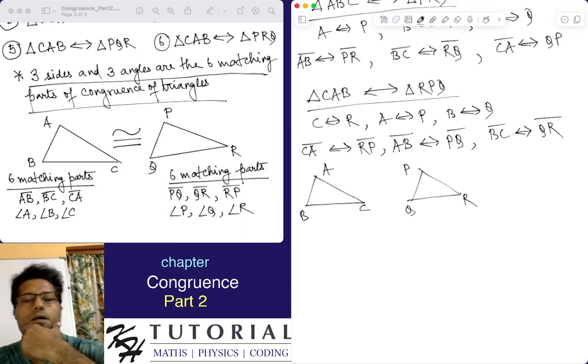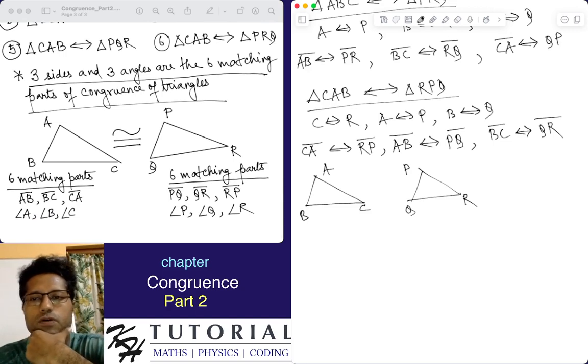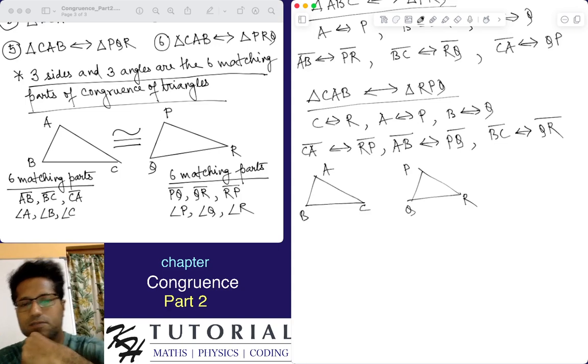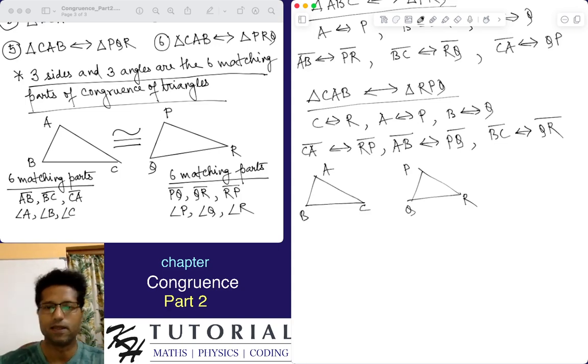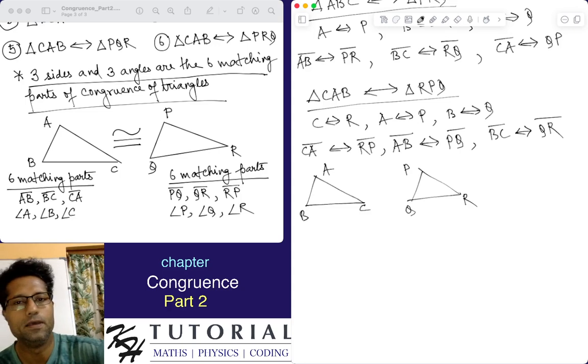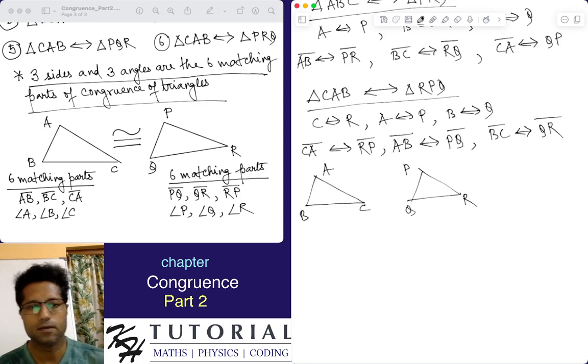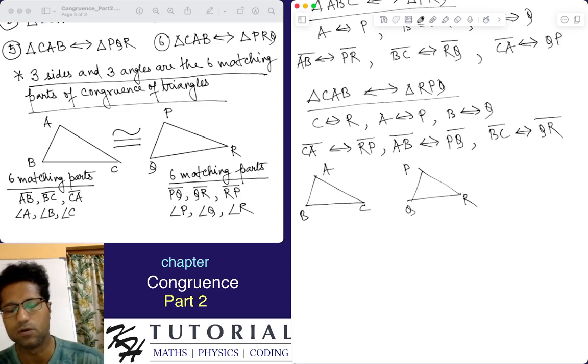Now finally, we discussed how we express a matching or correspondence between two triangles. Based on a matching or correspondence only, we verify whether two triangles are congruent or not. Now in verifying whether two triangles are congruent or not, eventually we will have to see that